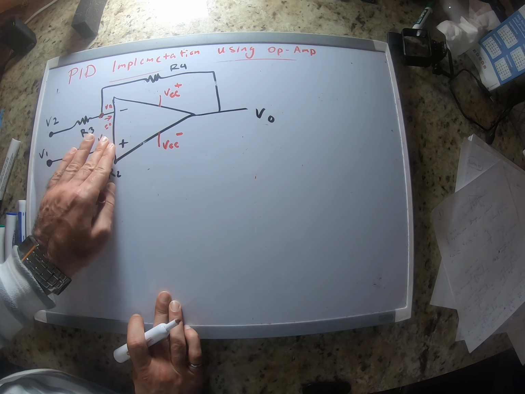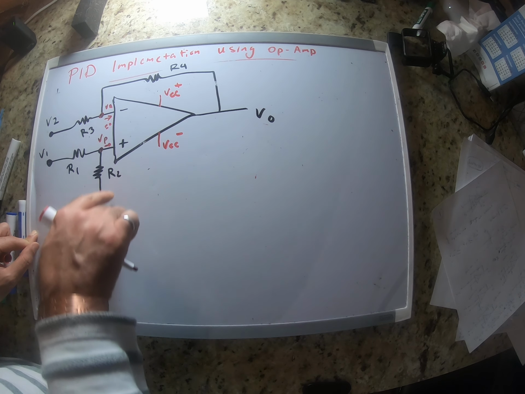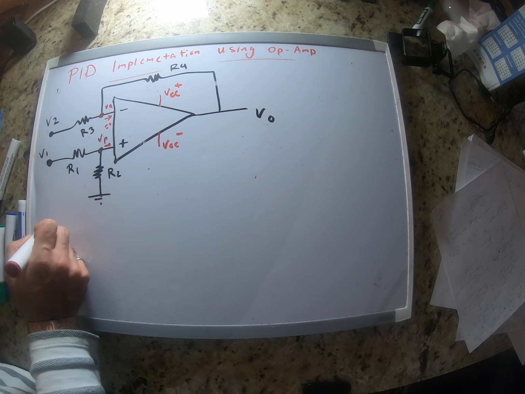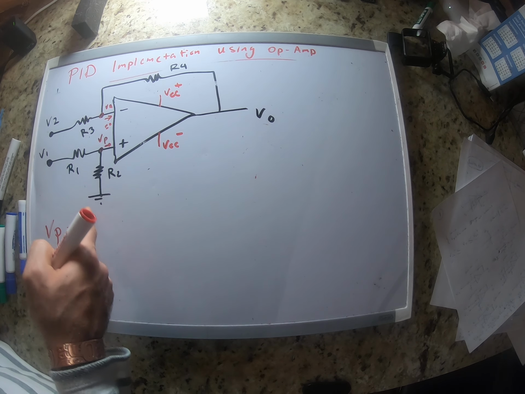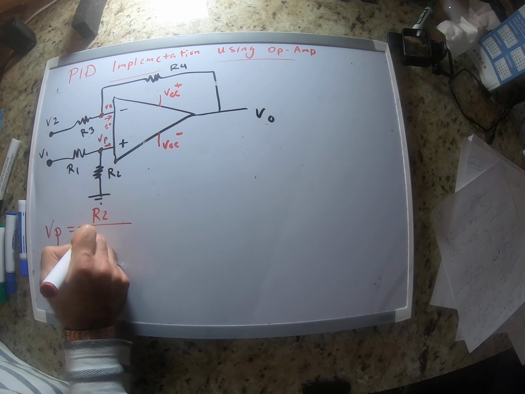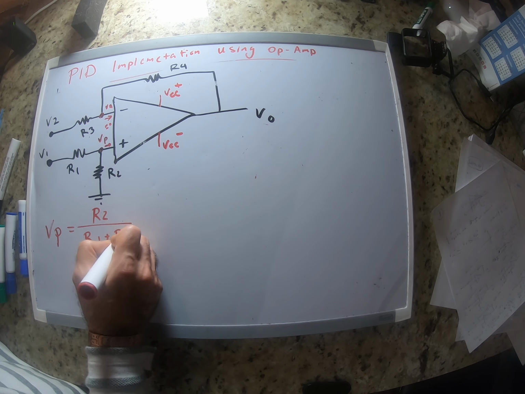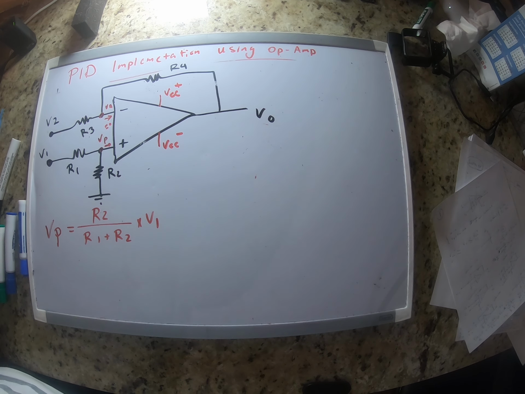If this current is 0, then we basically have a voltage divider. So can I derive VP in terms of V1? Yeah, it's basically a voltage divider. So it's going to be R2 divided by R1 plus R2 times V1. Okay, and